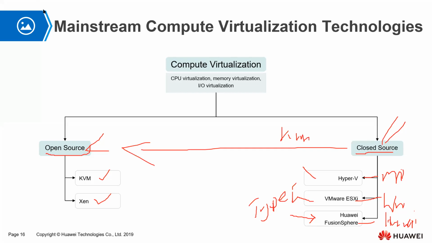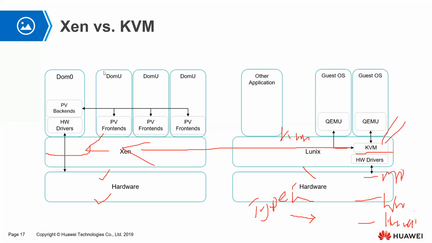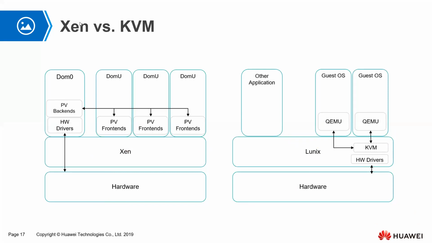Right. So, let us look at Xen versus KVM. I've already said on the previous slide, what type is Xen and what type is KVM before we talk about anything? KVM is type 2. Okay. Xen is type 1. Awesome. You guys are going to discipline this exam.